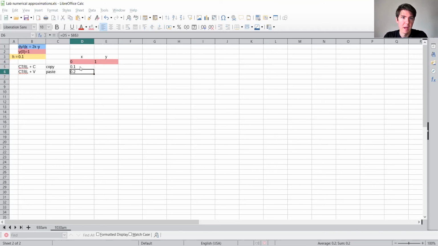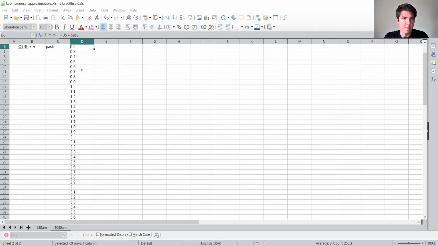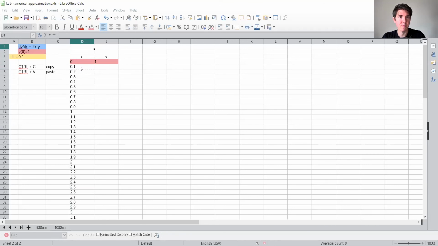And now that we're maybe feeling comfortable that this is working, we can Control C to copy this cell. And then we're going to hold Shift and move the arrow keys down. And then now Control V for paste. Now we have all these x values. And it's worth noting now, because this will come up later, that because we've chosen to organize it this way,